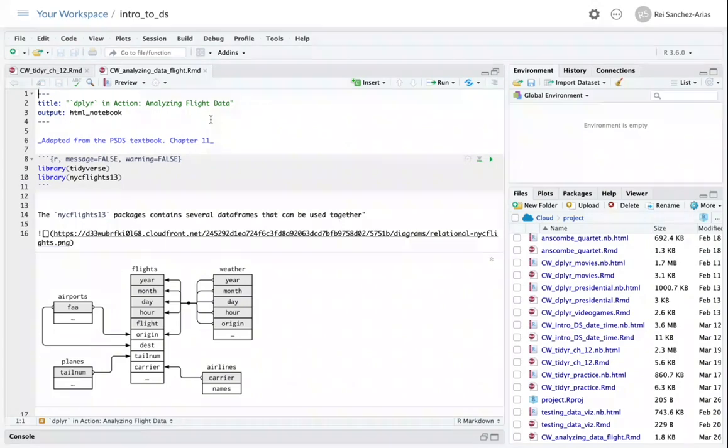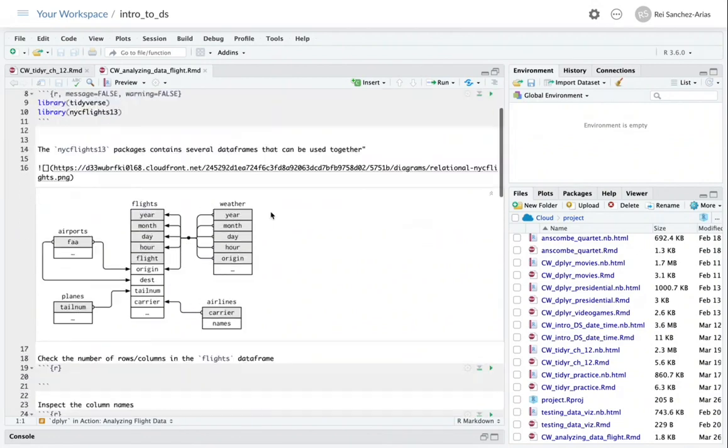The NYC Flights 13 package actually comes with not just the flights data frame, but also data frames with information about the weather, airlines, that includes the names of every airline and not just the two-letter code for it, information on airports, and also information on planes. And all of those data frames are connected to each other through certain variables that we can use to compute